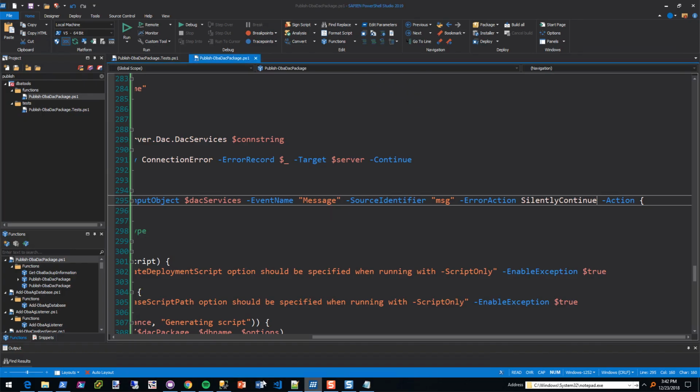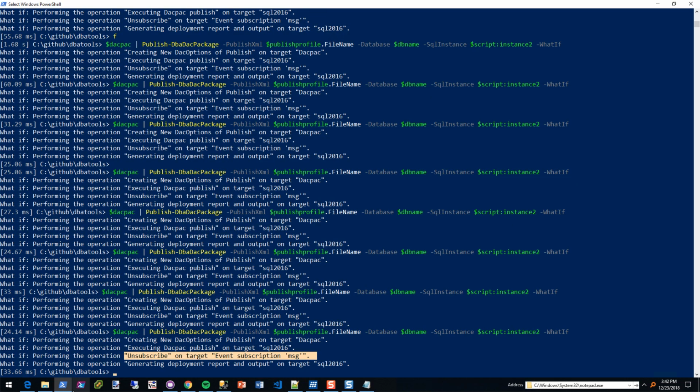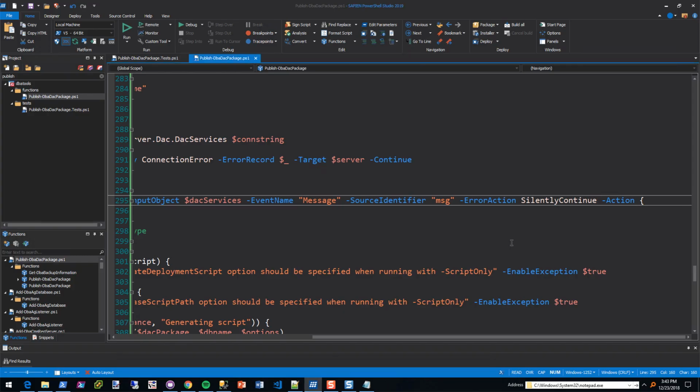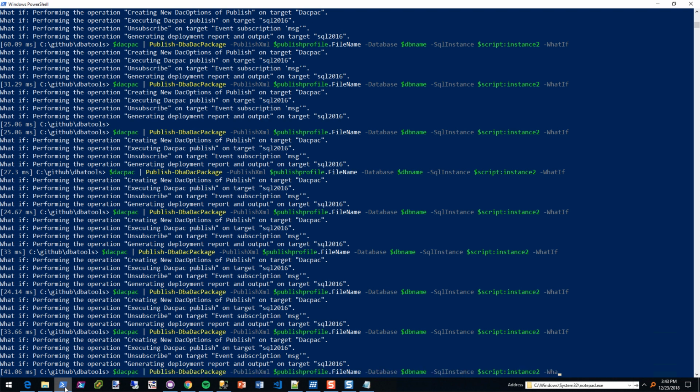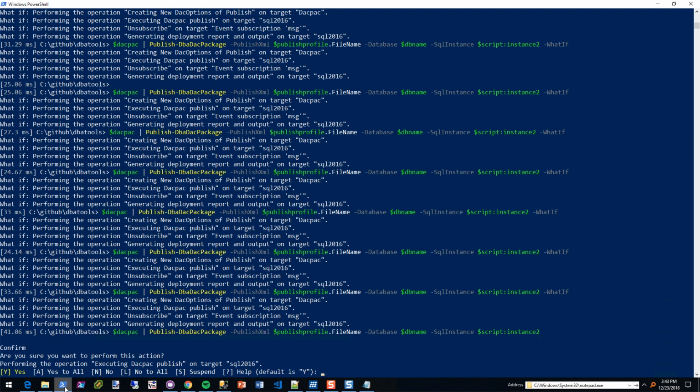So if you remember, to me, whenever I look at this, the answer would be, oh, well, then put a what if around the registration. But whenever I did that, it caused more problems. So this is just super frustrating. And because this appears to be a bug to me, I think ignoring the silently continuing would be okay in this instance. I generally try not to, but let's see if it works fine without it.